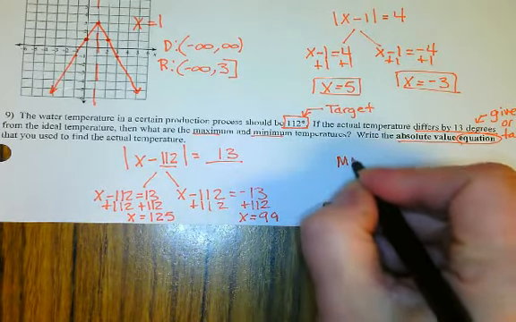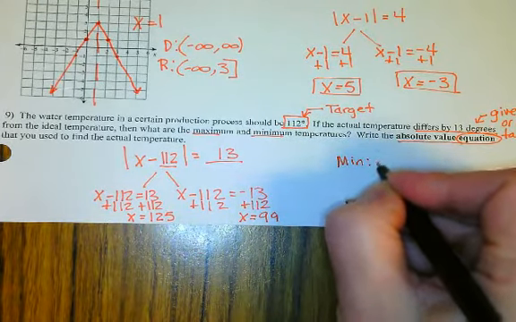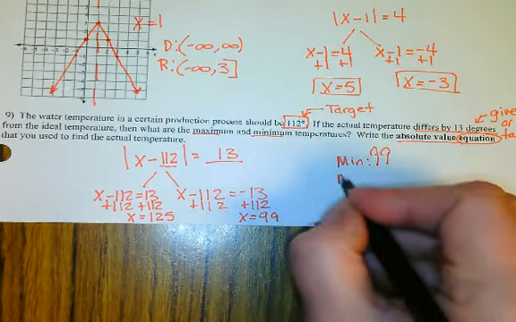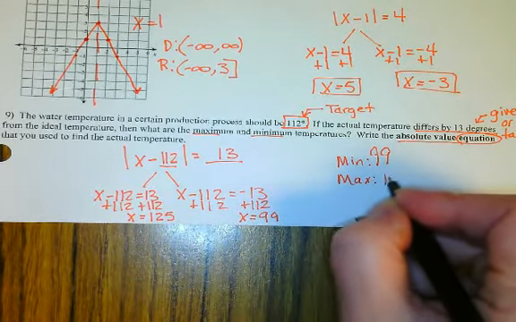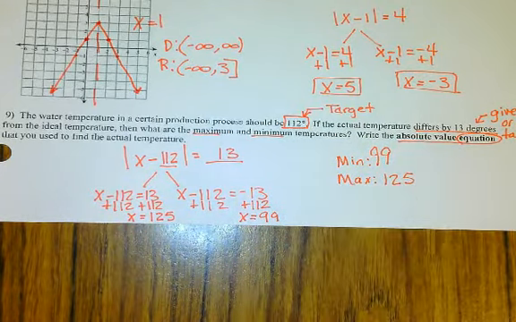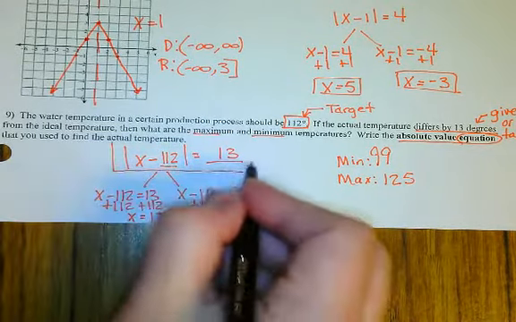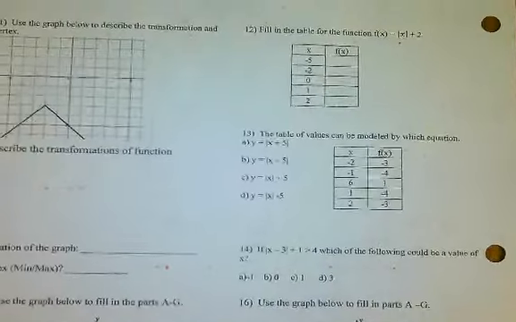So my minimum temperature would be 99, and then my maximum temperature would be 125. And then this is your equation right here. Okay, on the back,